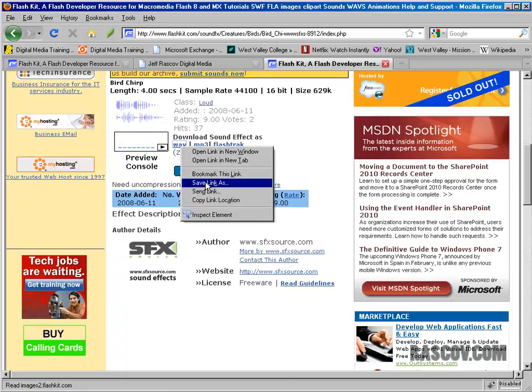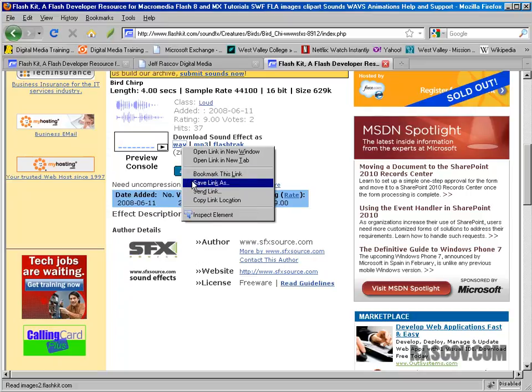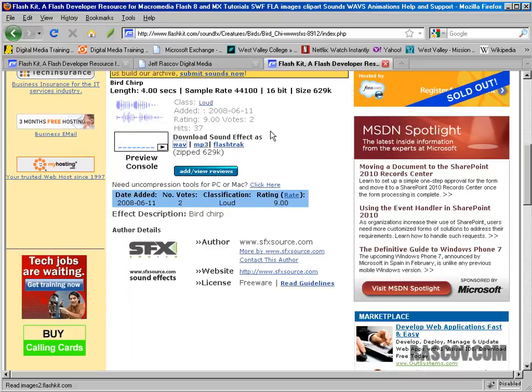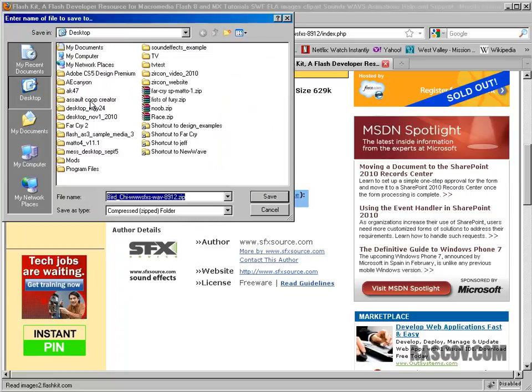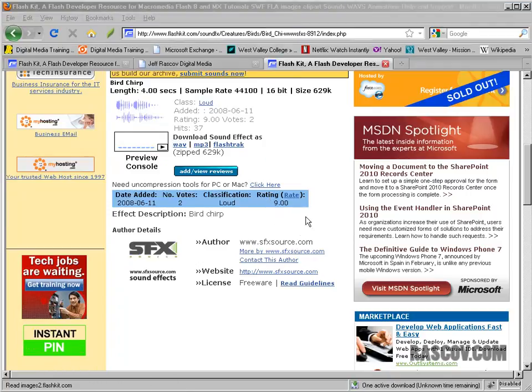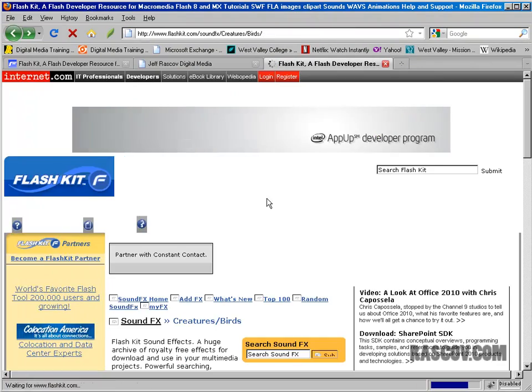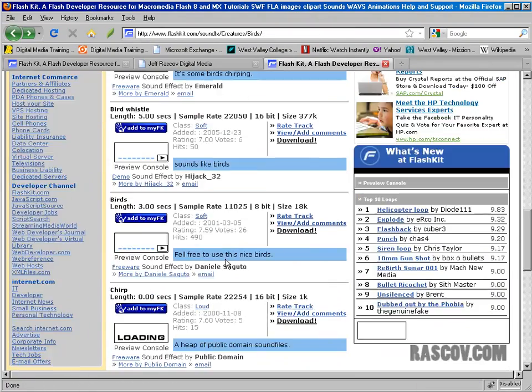If you do that, you can say Save Link As. So if I just click on this WAV word right here, which means it's a WAV file. Oh, it's zip format, which means it's compressed. Oh, well, that's okay. Let's download it. I'm going to say Save Link As, and I'm going to find a place. I think I made a folder on my desktop for sound effects. And then I can hit save. I'll show you how to unzip files and uncompress them in a minute. So, again, searching on FlashKit is a good way to get started.